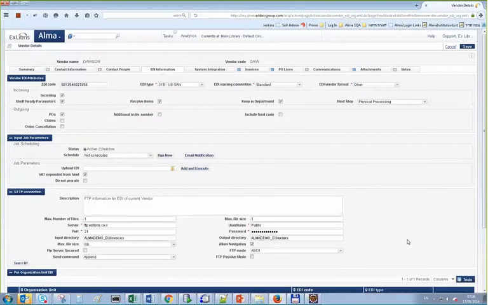Okay. Now let's go to this area. This area is setting up what kind of information we expect to get from the vendor and what kind of information we will send to the vendor through the EDI workflow. The incoming